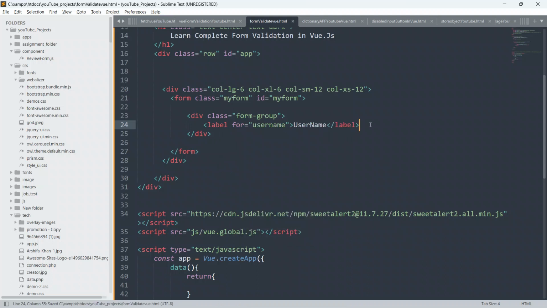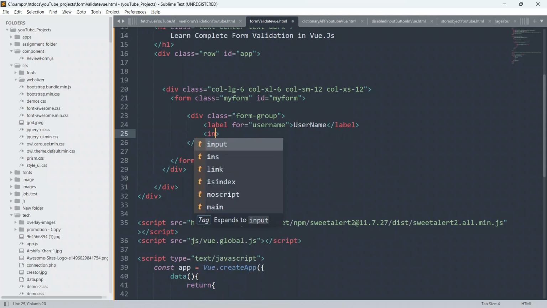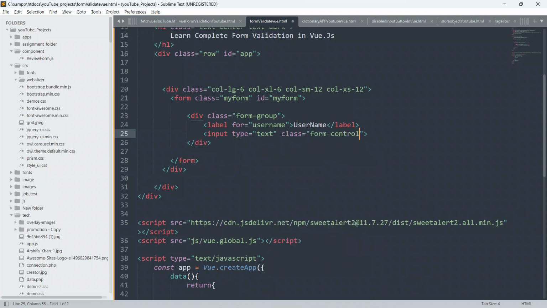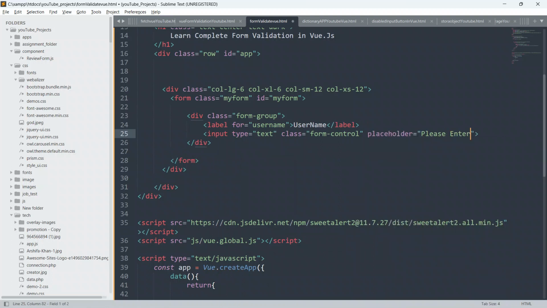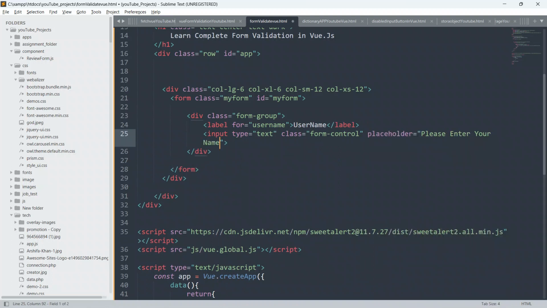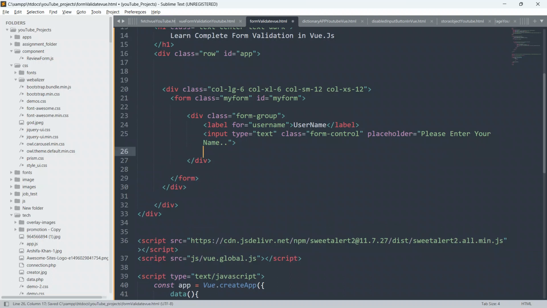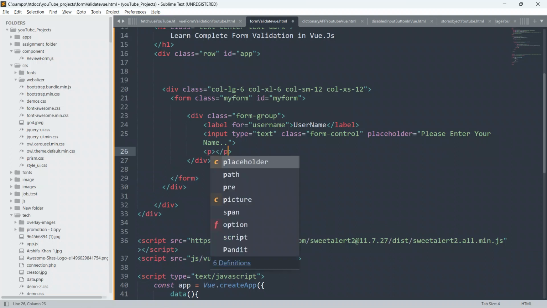And guys, below this label we have to create an input field. So input field type of text, and give class also as form control, and give the placeholder also as please enter your name. And as of now just give some p also. So guys, inside this p we will be able to display our errors.